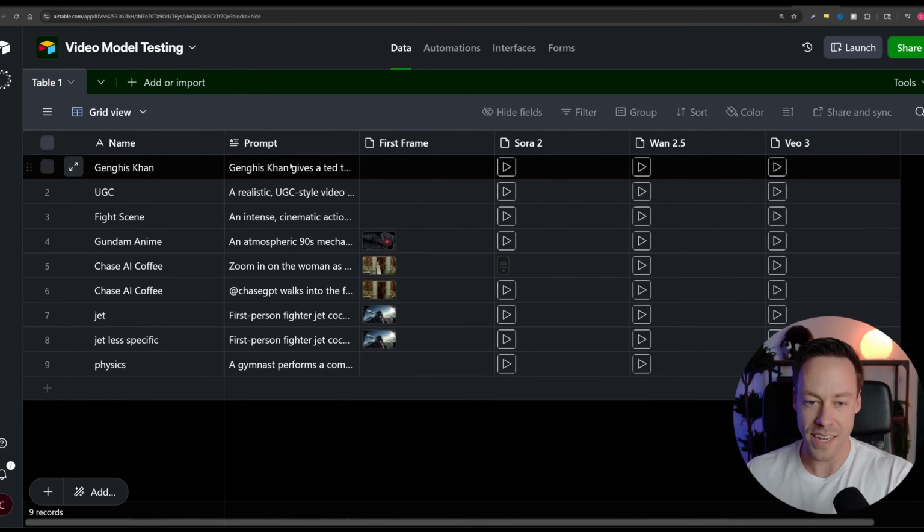Hey, stop! And now that we've had a few days to play with these models, you're probably asking, which one is actually best? And in this video, we look to answer that question as we run all three video models through a series of tests, seeing how they do with simple text prompts, image prompts, action sequences, and everything in between. We also dive into the question of which one of these models is the most commercially viable.